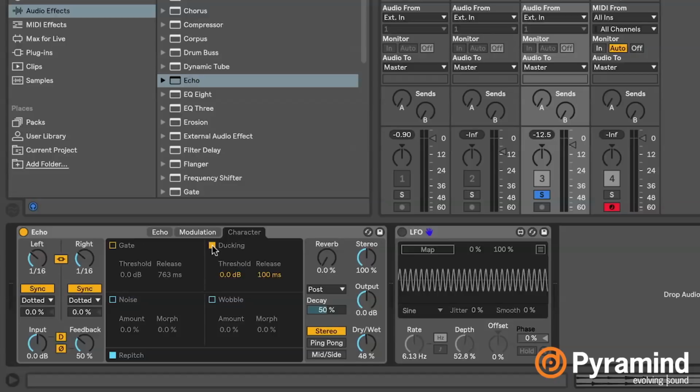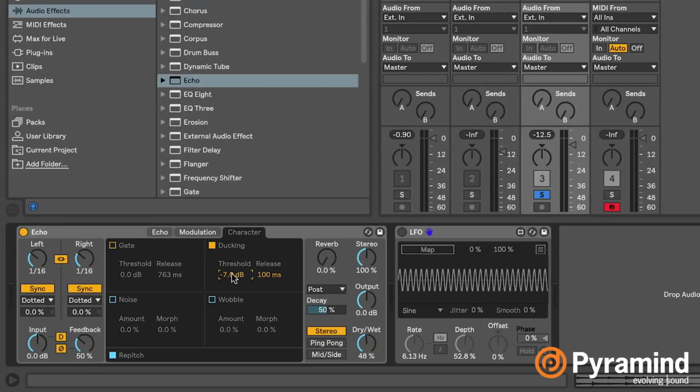It's really useful. Ducking. So if the input signal exceeds this threshold, the wet signal will drop, and we have a release time for that. And so this will kind of be like side chaining your delays, which is really nice for stuff like vocals. You know, if you have a vocal coming in, you don't want the vocal to be muddied up with delay instantly. So this really helps. You can set the threshold of that ducking there, and you can kind of hear the clear transient of a sound and the original sound before the delays flow in, if you